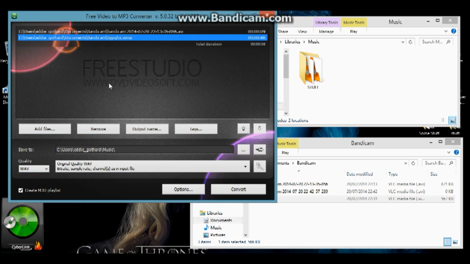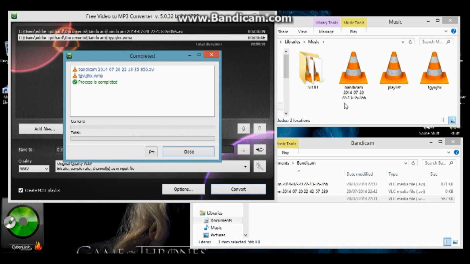And the reason for doing that is the next bit of software that I use to amplify voices can't read a Windows Media file, and it's only for sound. It's only for sound files, so the video file won't be any good. So you need to convert it into a WAV file so that the next program can read it. So you hit convert,